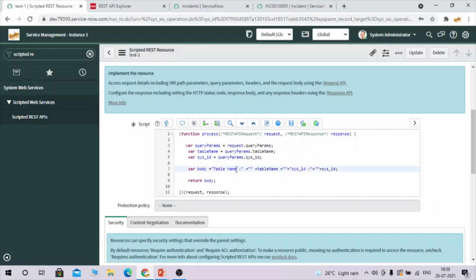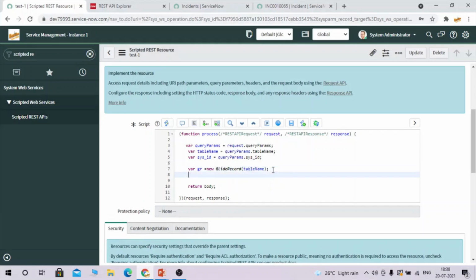Let's feed some of the detail, like whatever table name you are passing here and sysID of record will fit some of the information from that record. So first for that we need to glide a table, right? So let's glide the table, and here table name, whatever parameter will be passed in the table name, that should be passed here, right? And now I'm just putting add query,